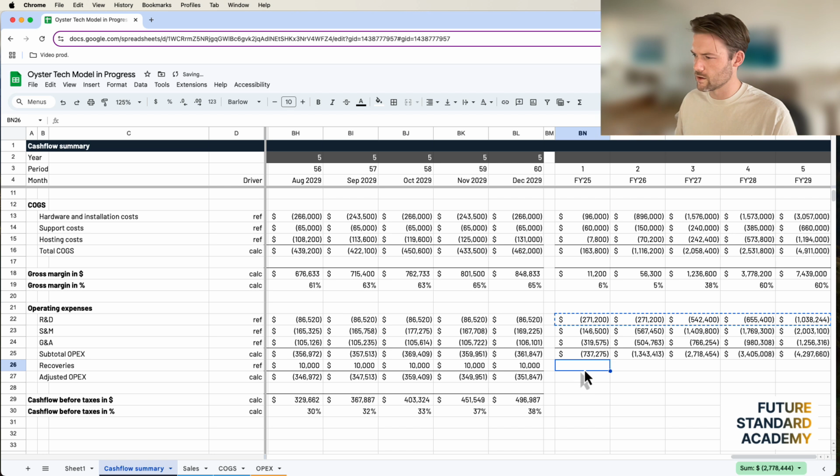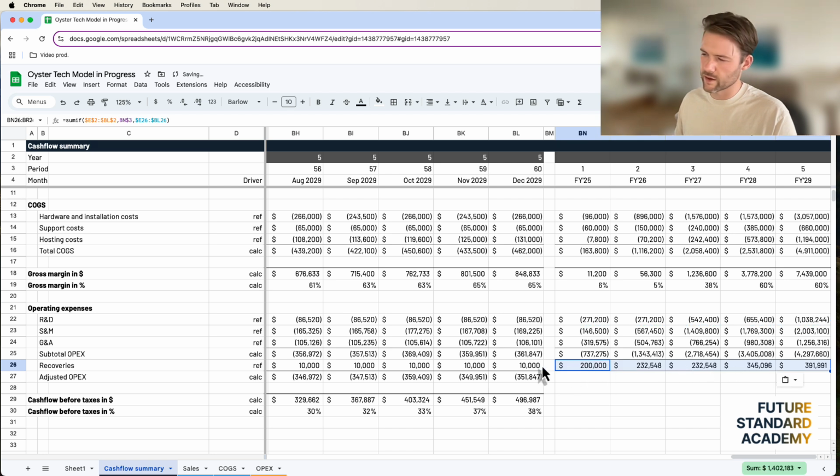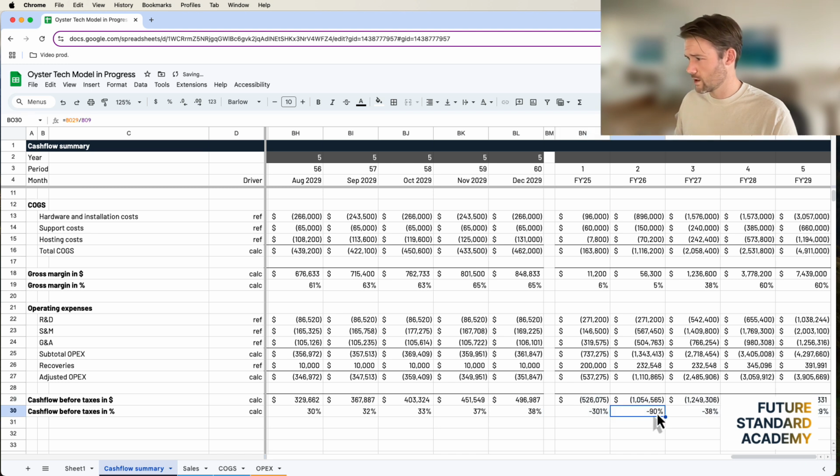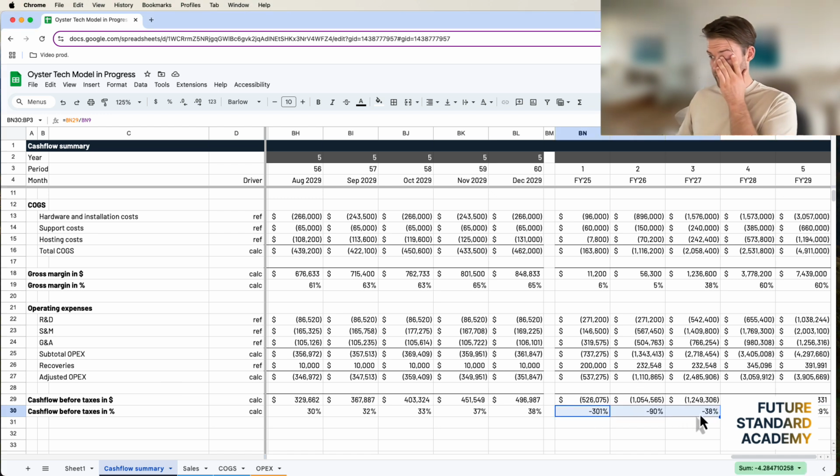So I'm copying over this formula that brings in the monthly information. Okay, I'm just going to check this according to my other model here. It's about right. So negative cash flow before taxes for the first few years means we're actually not going to have a tax bill, because this would need, well, it's a small tax bill, whatever tax is on 1.4, less the costs incurred so far. So probably there'd still be no tax in 2029 for this company. So we're not actually going to model that right here.